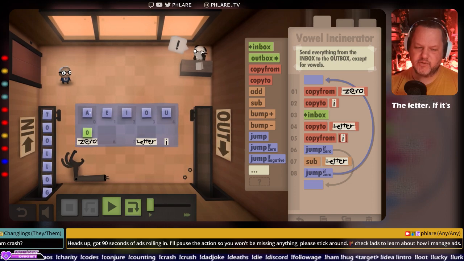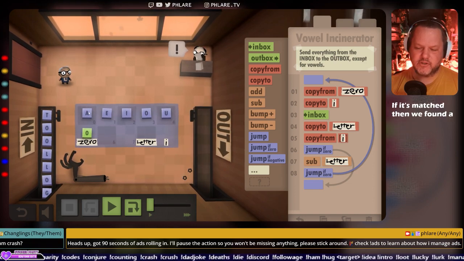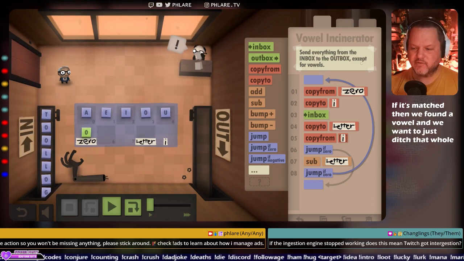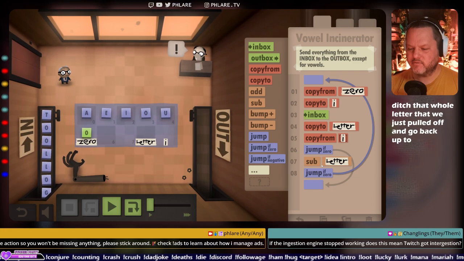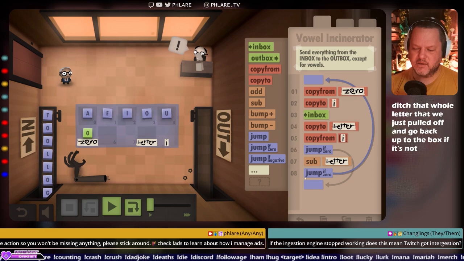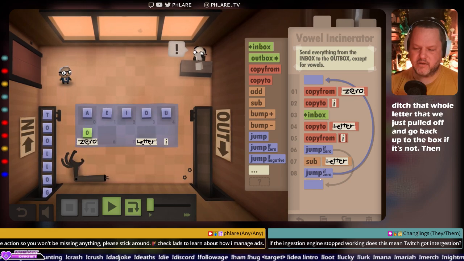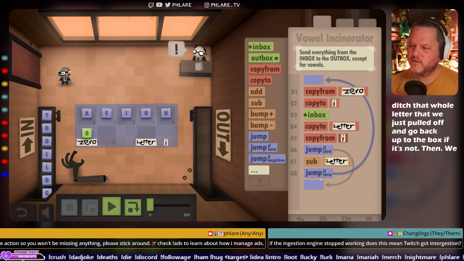If it's matched, then we found a vowel, and we want to just ditch that whole letter that we just pulled off and go back up to the inbox. If it's not, then we